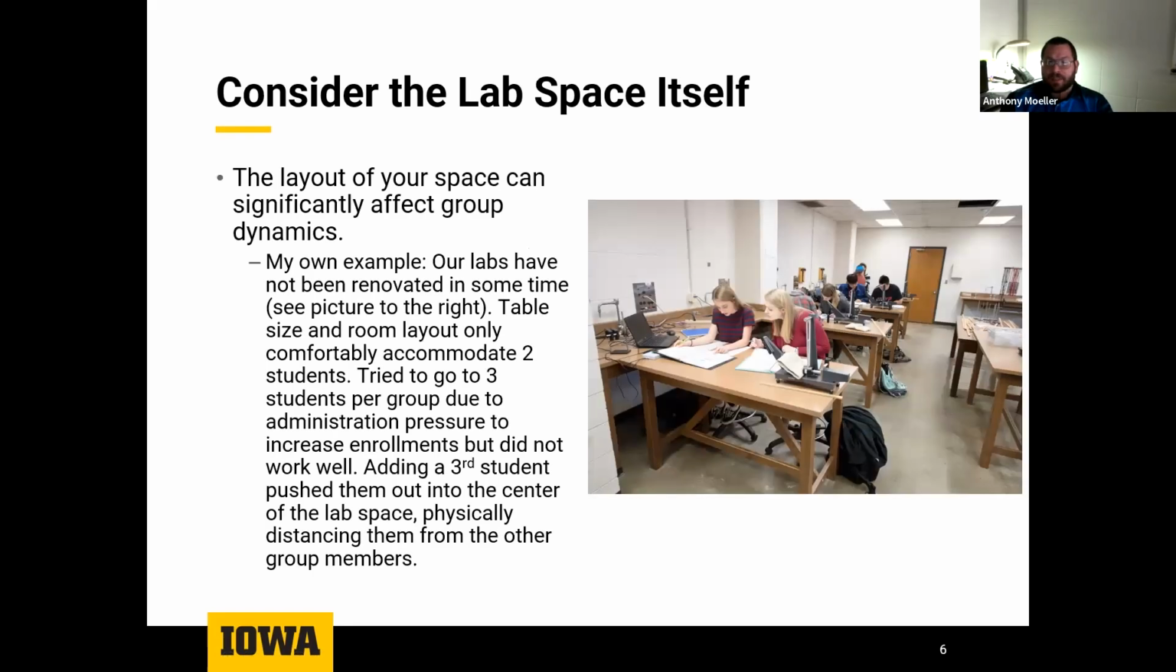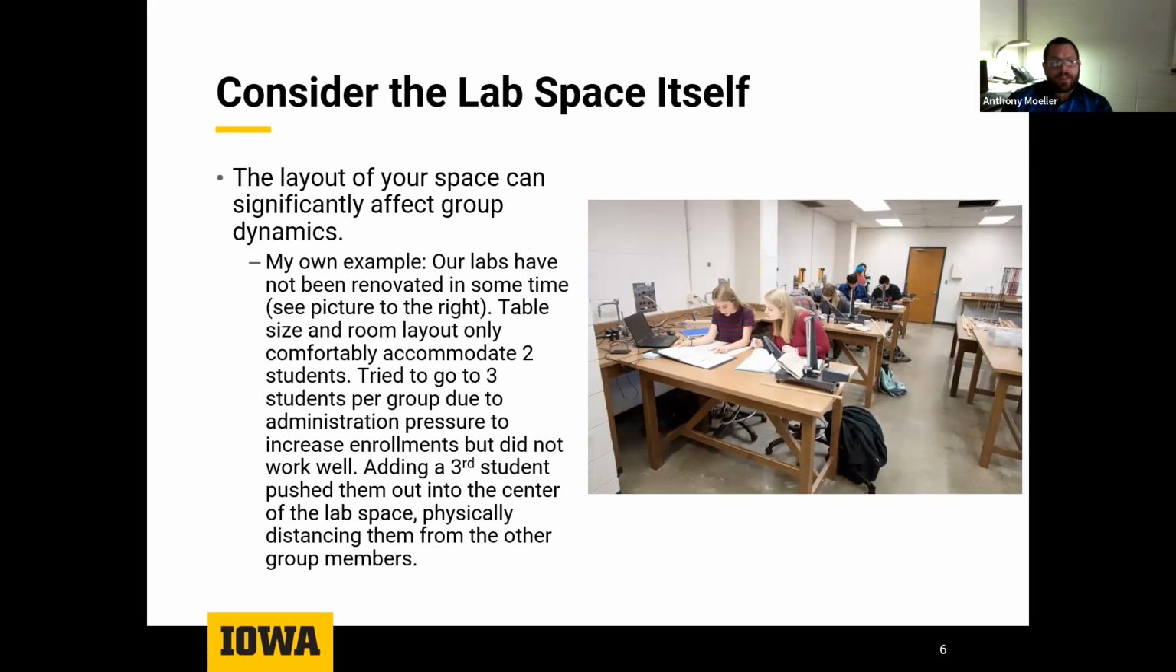You want to consider the lab space itself, right? And this is true for anything you're trying to do in lab. What do you have around you? This makes a difference of how many students can you put in a group, what activities you can do. And so I'm not going to know all the possibilities, but I just want to present our specific example